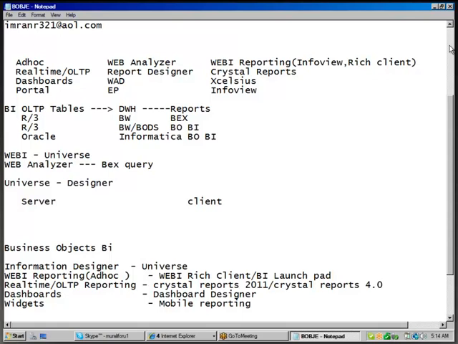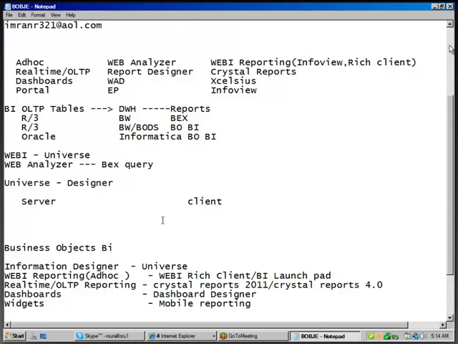If you go for Cognos also we have 3 kinds of reports: ad hoc report, real-time report, dashboard reports. If you go to any reporting tool in the world, we have 3 kinds of reports. Same way in BO, we have 3 kinds of reports. Number 1 is ad hoc, number 2 is Crystal, meaning OLTP or real-time report. Number 3 is dashboard reports.